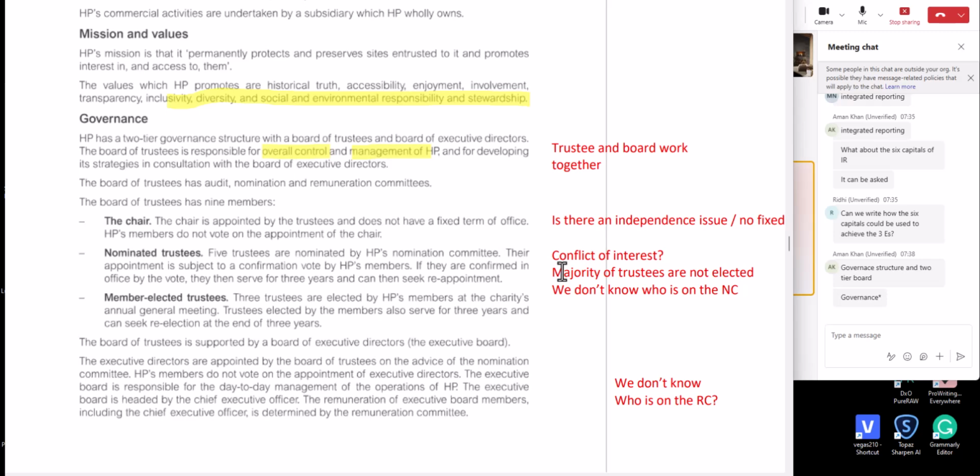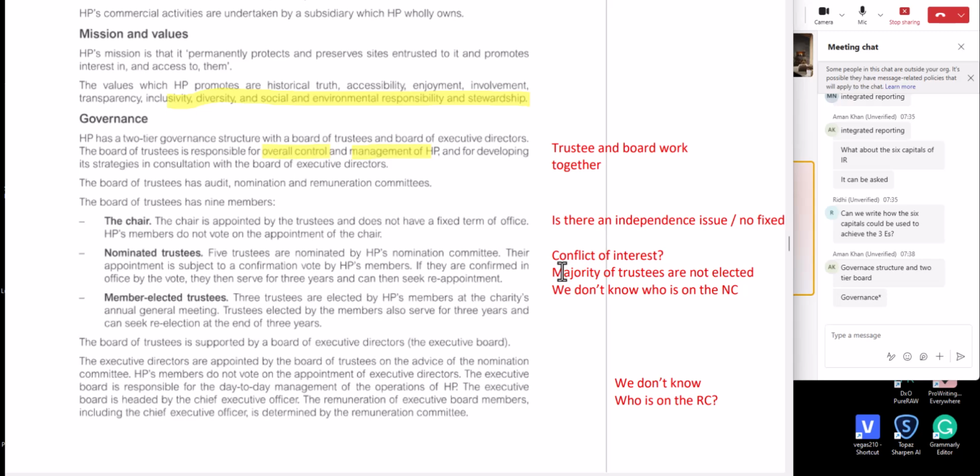So normally you'd expect the trustees to be nominated all by the members and voted for by the members. Now they are confirmed by members, but it seems like the nomination is a little bit dodgy. I just don't know. It's like my spidey senses are ringing. Why have they set it up in this way? Wouldn't it be easier to have all the trustees nominated by the members and voted for by the members, right? That would be a much clearer, cleaner governance structure.